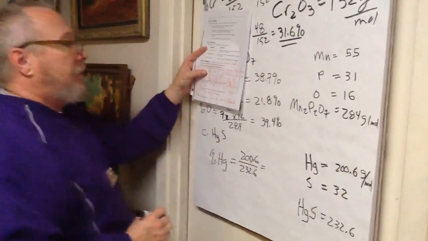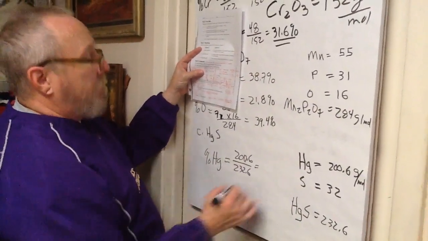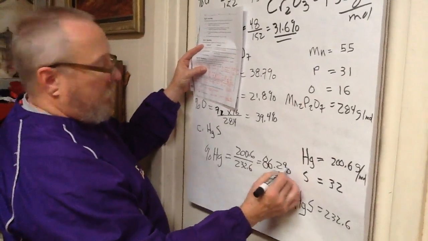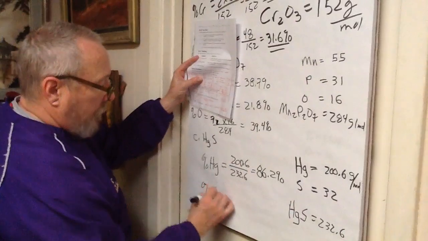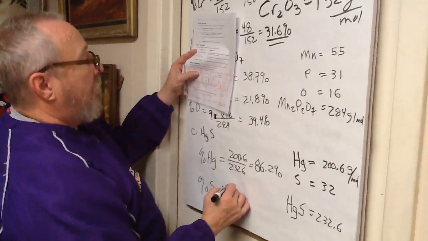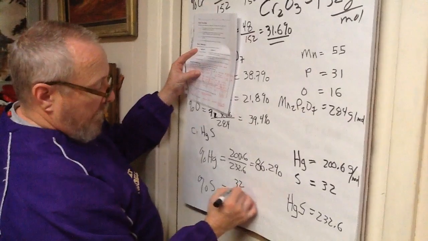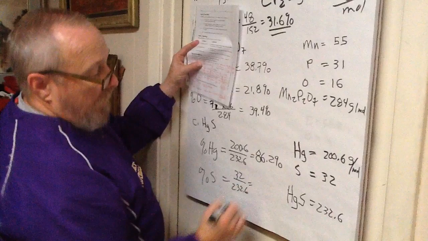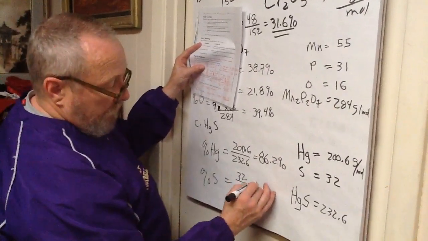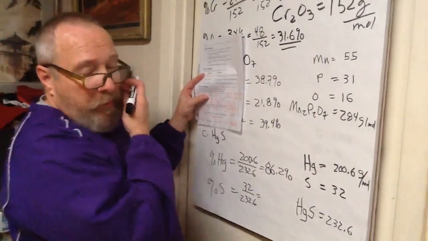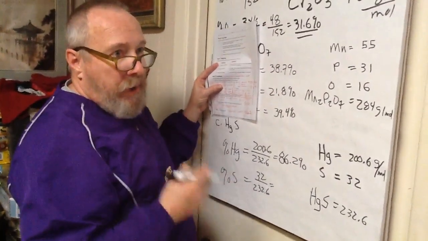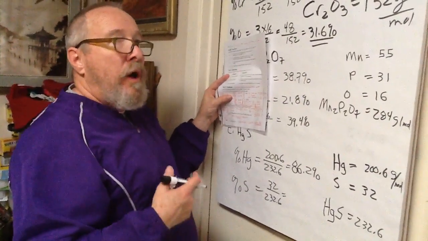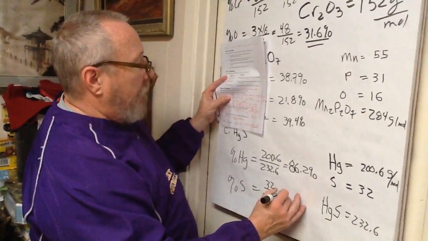And if you do the math, that comes out to a mercury composition of 86.2%, and the percent sulfur is 32 divided by 232.6, and that's equal to fractionally 0.138, but we're talking percent proportions, so we multiply it by 100, so that would be